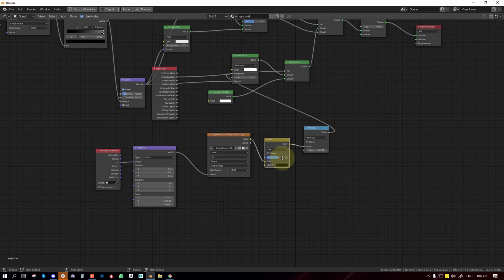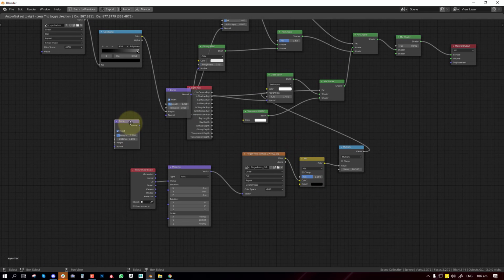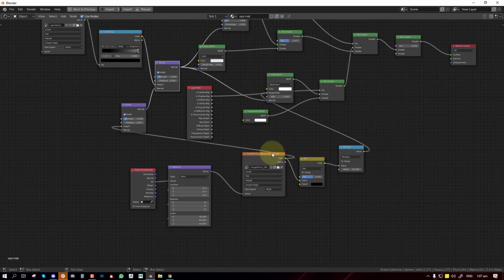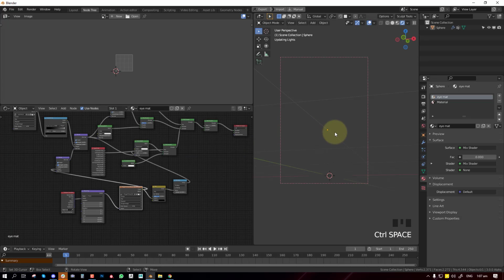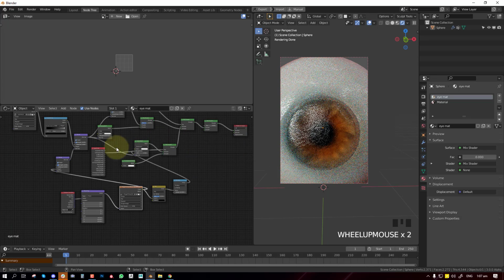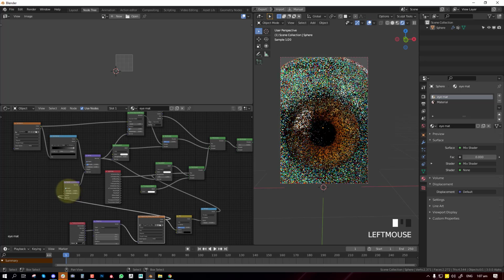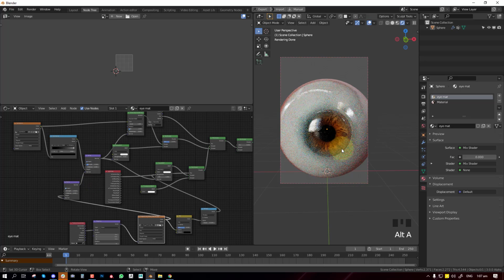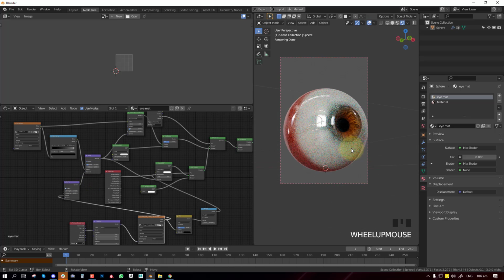We could even create a new bump from that, just to break it up some more. So I'm creating a new bump and using it as the normal for the bump we created earlier, and the image is from this. Then I will reduce the influence greatly, just to break any sign of perfection on it.